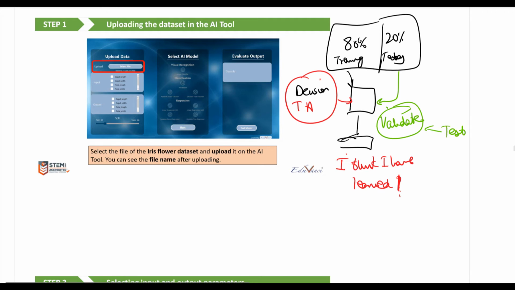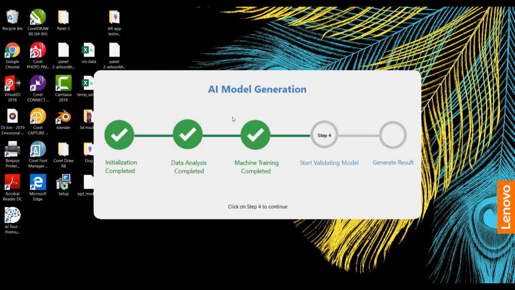So we will test the machine's learning using the 20% data set. And based on that, we will generate the result. So I hope this part is clear. So we have trained the machine here using the 80% data. And here we will start testing the machine using the 20% data that we have. So click on step number 4 and wait for this step to complete.